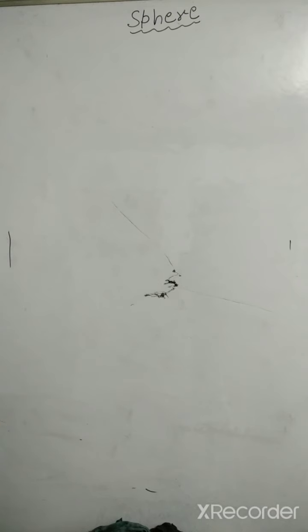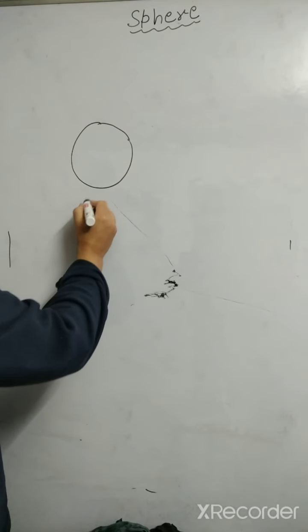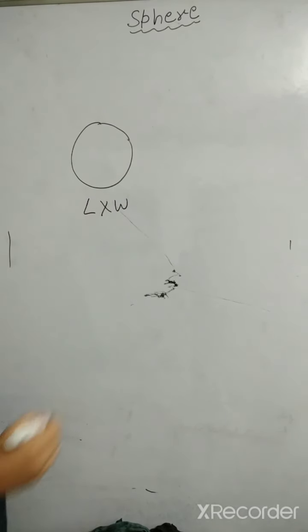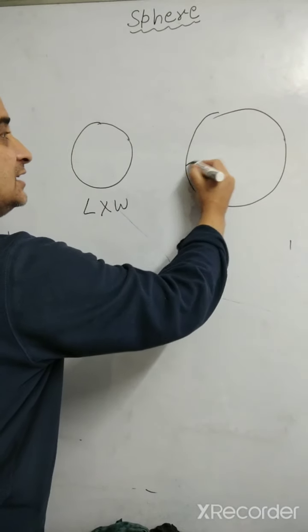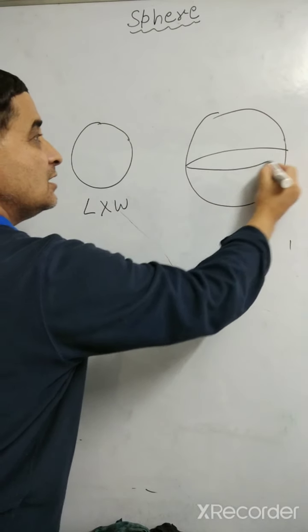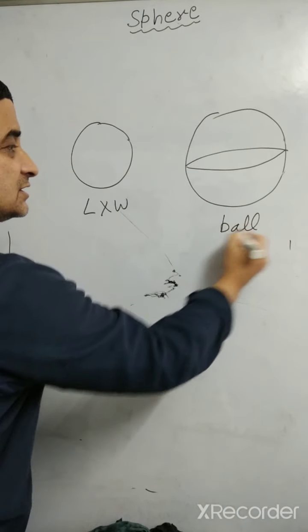So a sphere is a geometrical object in three-dimensional space, that is just like the surface of a ball, right? Now like a circle is our two-dimensional figure. This is a circle. It is a two-dimensional figure. It has only length and width. But a sphere is a three-dimensional figure which has length, width and height also. It has what? Height. Just like a ball.